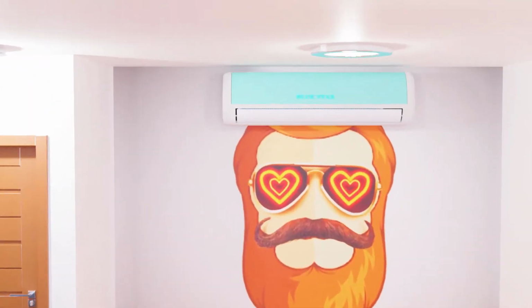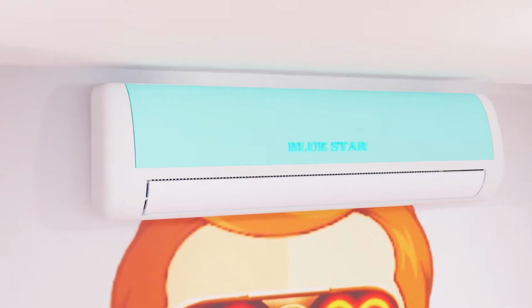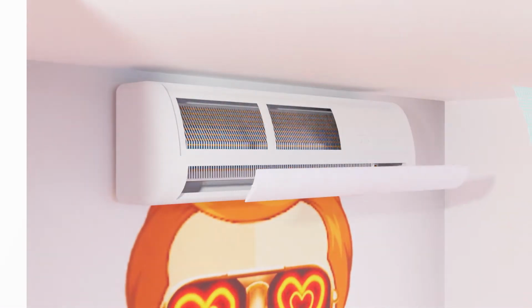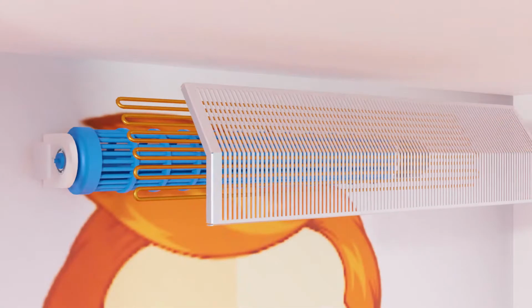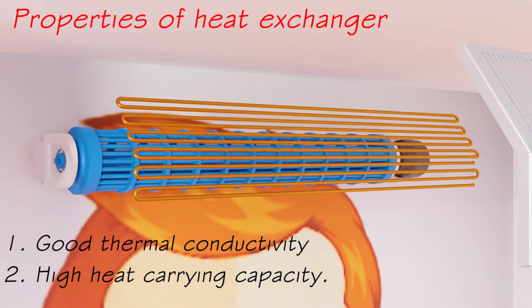The indoor unit houses a heat exchanger consisting of a series of copper tubes wrapped with aluminum fins. This exchanger is called the evaporator. Copper has high thermal conductivity, which makes it easier to use as a heat exchanger for better flow of heat throughout the cycle. In simple terms, a heat exchanger is a system which converts hot fluid or gas into cold medium and vice versa. Now, copper and aluminum alone can't be used as a heat exchanger, as to exchange heat, there must be a medium through which the heat exchange takes place.